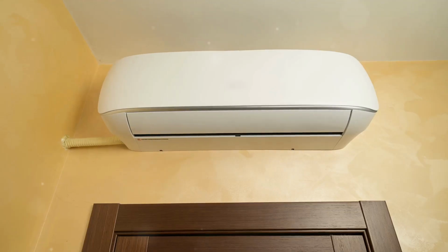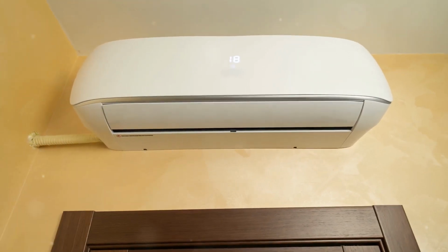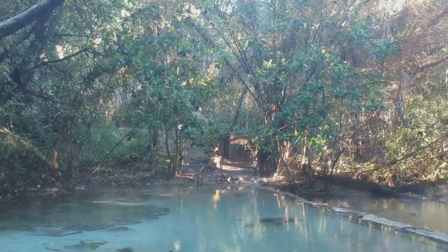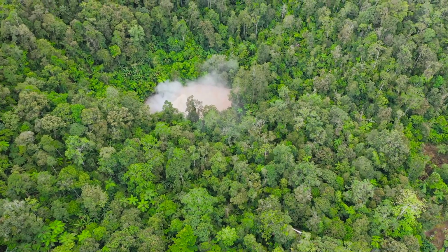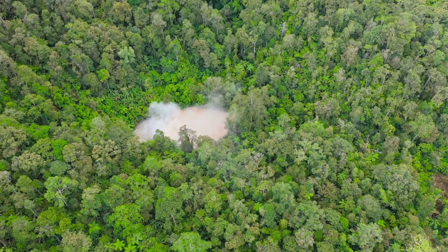Imagine a hot cup of coffee left to cool on a table. The heat from the coffee is transferred to the surrounding air, causing the air near the cup to warm up. This warmed air, now less dense, rises and is replaced by cooler air from the surroundings. This cycle of rising warm air and descending cool air is natural convection in action, a silent dance of heat